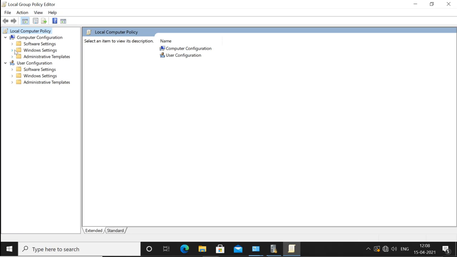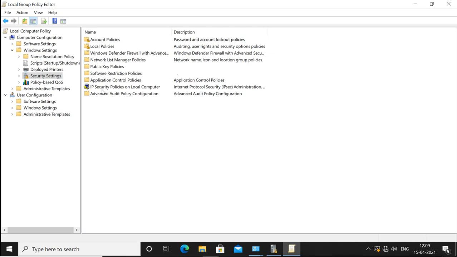Here you have two settings, computer configuration and user configuration. The computer configuration will apply on the computer, and user configuration will apply only on users. This security policy is under the computer configuration. When you go to Computer Configuration, Windows Settings, you will see these Security Settings, and these settings are the same as the ones you opened here.